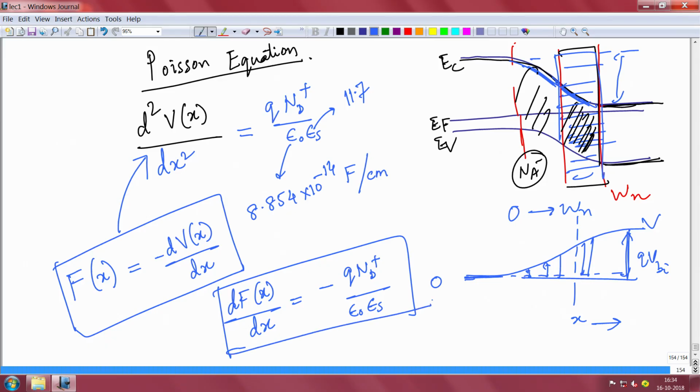Now, you do a derivative or you do an integral equation. What are we trying to find out? We are trying to find out the field F of x in this region. Once you find out the field, you can find out the potential. Once you find out the potential, what will happen? You can find out at any point x what is the potential. So, it will also give you many ideas actually, we will come to that. Okay. So, now we have to solve this equation.